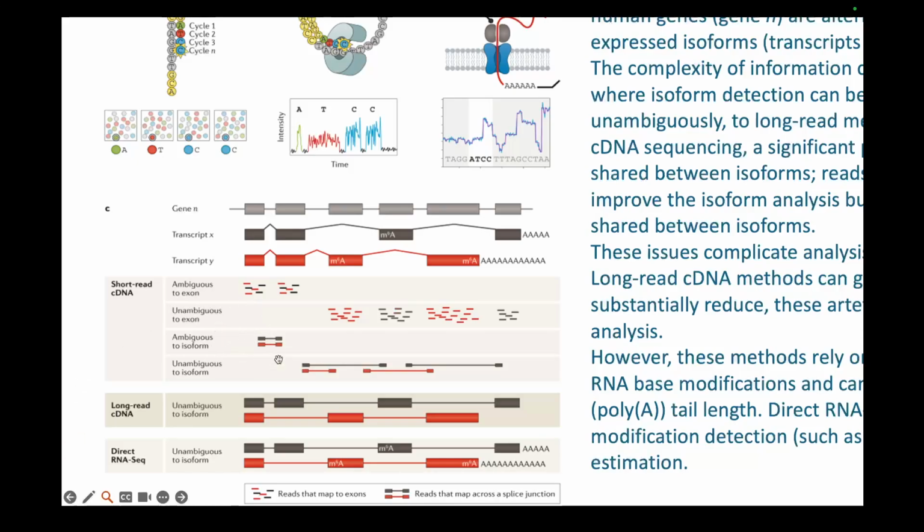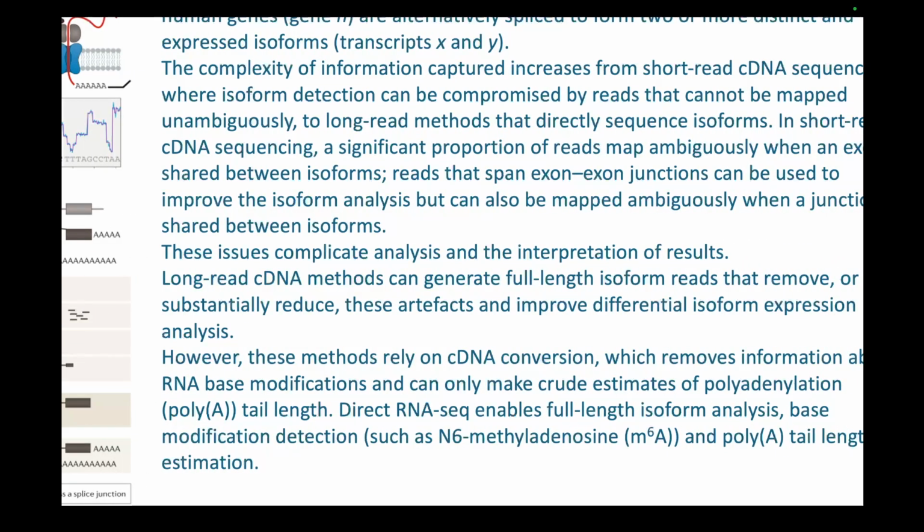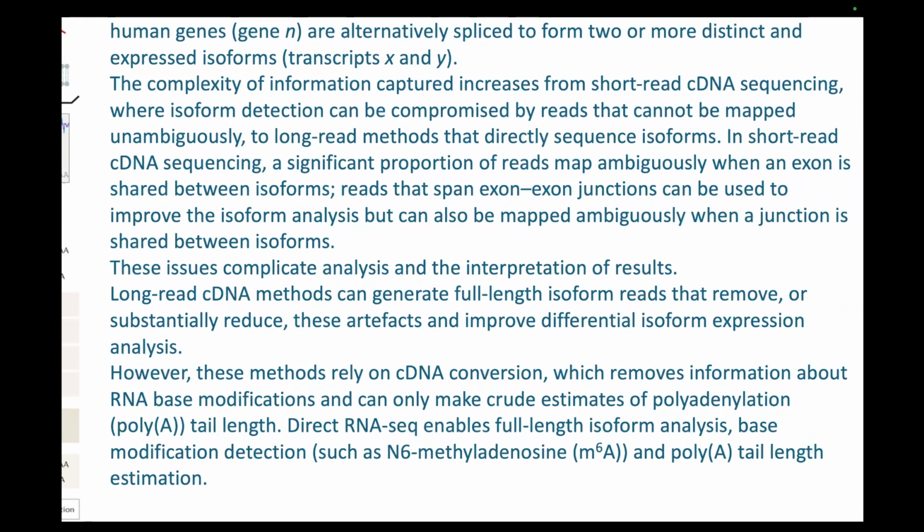So you have ambiguous isoforms like these, which are at similar positions, but the same exon is shared by multiple mRNAs. And you can have unambiguous isoform sequences as well, where you don't care about the same isoform being attached to different mRNAs, you just take one and go on with it. But these methods mostly rely on complementary DNA conversion, which basically converts the RNA to complementary DNA using reverse transcriptase enzymes,